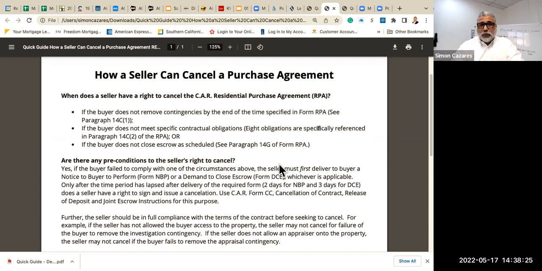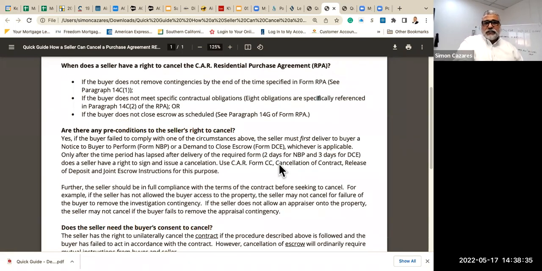Is the seller in breach? Is the buyer in default in any way? It's both parties or one. Then we know how to navigate the position. Are there any preconditions to the seller's right to cancel? Yes, if the buyer fails to comply with one of the circumstances above, the seller must first deliver to buyer a notice to perform, or vice versa, a seller